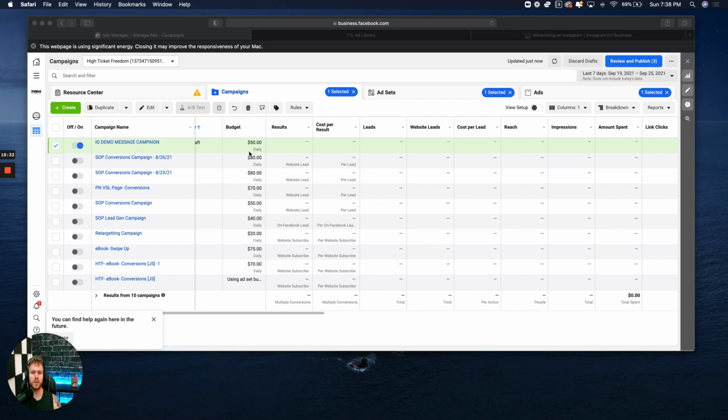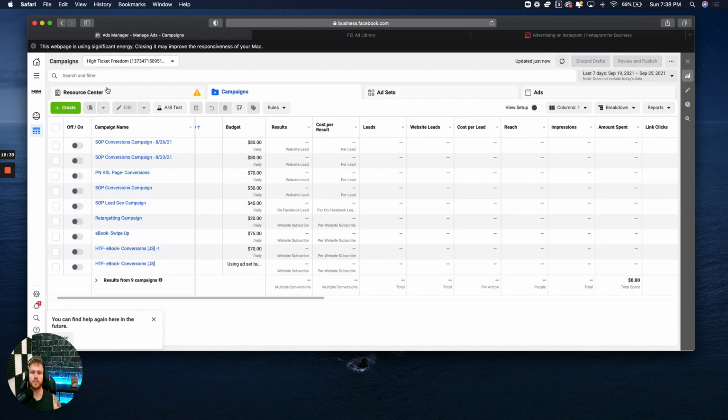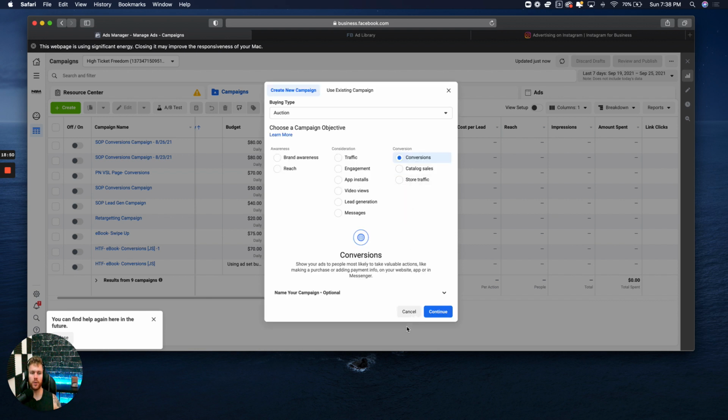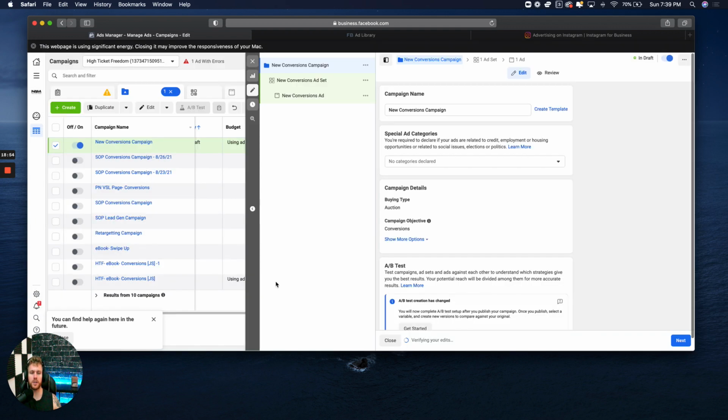Now, if you wanted to set up another ad, I'll just walk you through this as well real quick, because there's a lot of ways you can go about this. If you wanted to send one where you're sending them to a URL, like that page I sent you, you could have conversions, and it would be the same thing. Everything's very identical. There's just a couple little things you have to switch. Again, you want to name it,